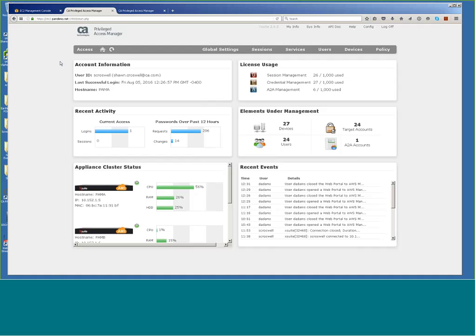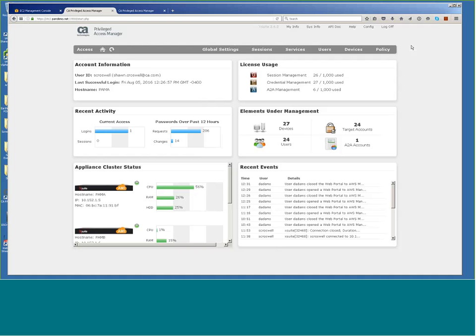You saw when D. Adams went in, D. Adams only had his access policies there, and then his My Info, where he can go in and customize his applet. So we can say with a certain font size and his console applets or certain RDP window size when he goes into RDP type sessions. But that's all D. Adams could see. When I'm in now as a global administrator, I have access to all management functions.